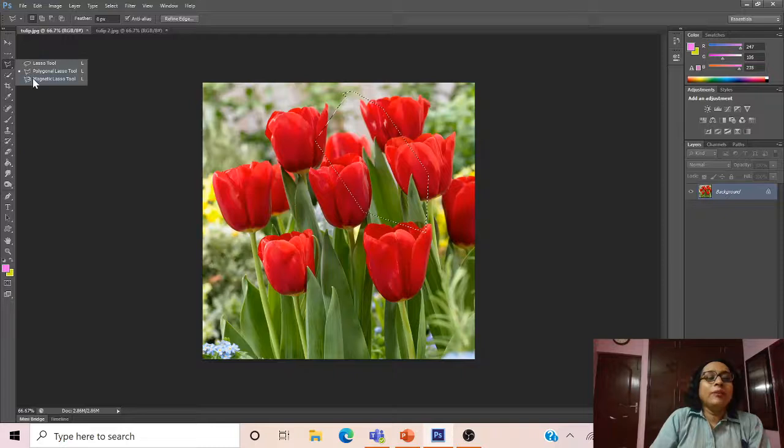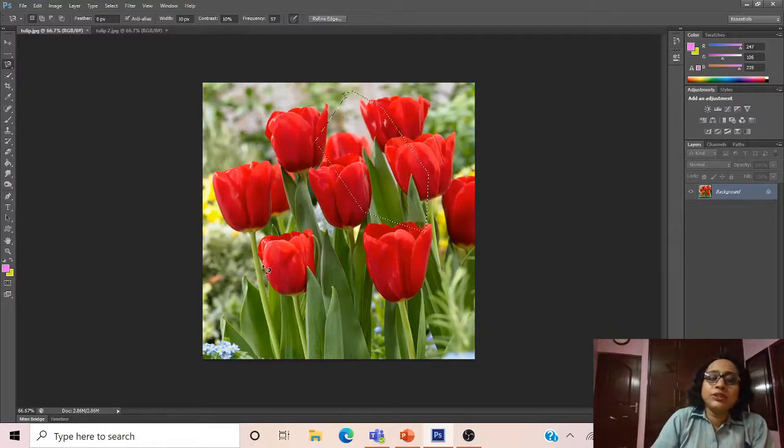Then we have magnetic lasso tool, which is very interesting and it is used most of the time, because if I just need the tulip flower and I don't need the surrounding pixels, I will use the magnetic lasso tool for it. What it does is snap the selection to the image itself.